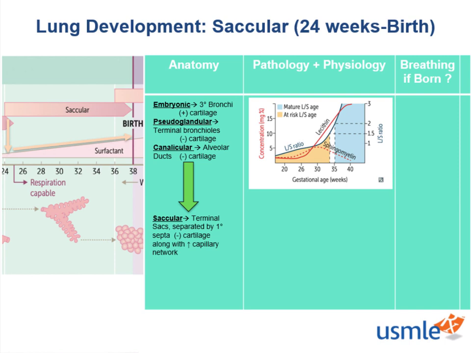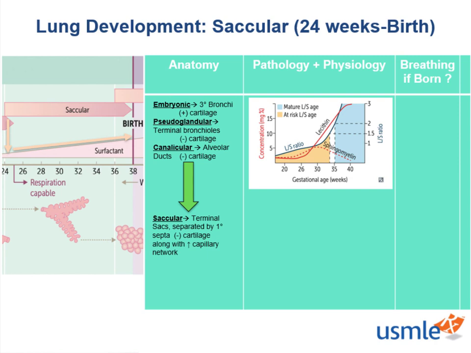This graph shows the concentration of surfactant along weeks of gestation. The graph in the center shows the high-yield lecithin (L) to sphingomyelin (S) ratio. I will be calling this the LS ratio. Both molecules make up surfactant, but once the type 2 pneumocytes mature with enlarging lamellar bodies, they begin to secrete predominantly lecithins to compose